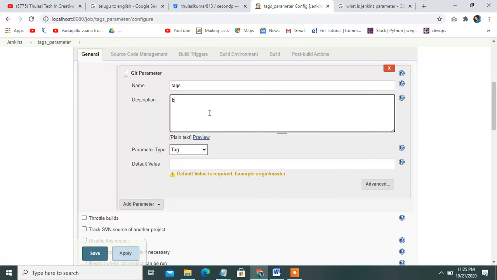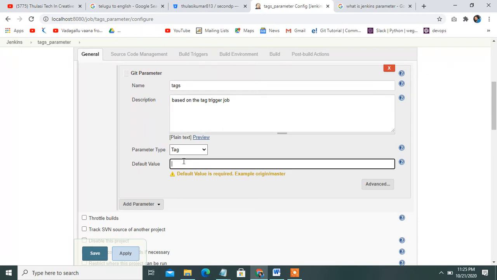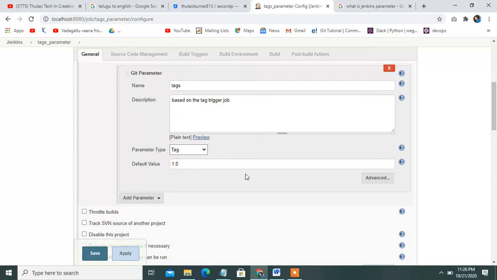These are optional. You can write this in. Choose the type as tags and you can add the default value 1.0. This is a version of the tags. You can add anything; this is an optional default value. Then